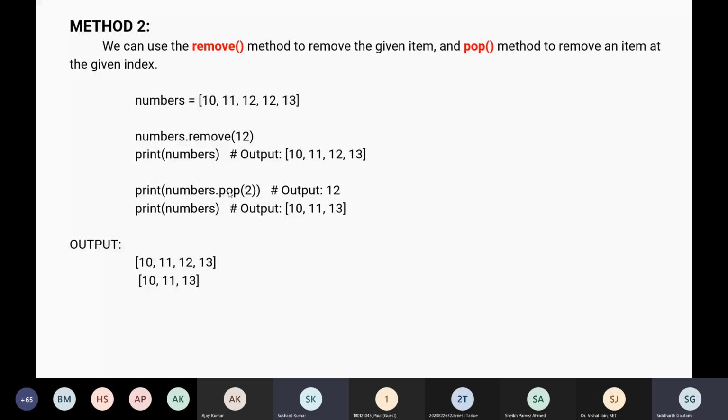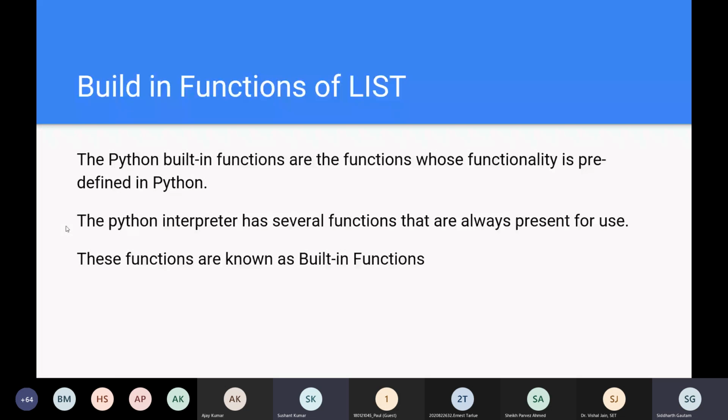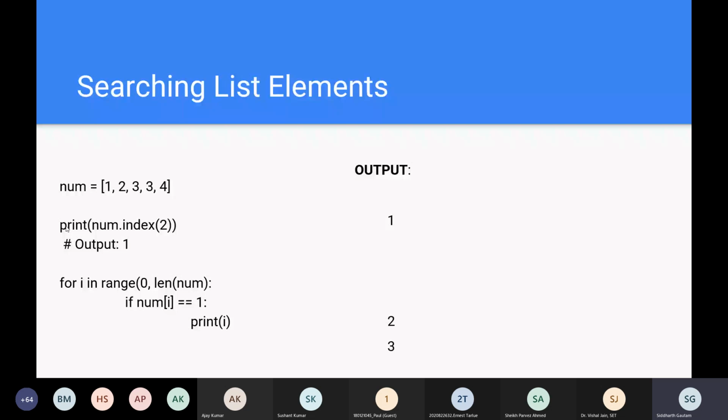So in the remove function, if there are two elements of the same value, like two 2s, and you use remove 2, which 2 will be removed? Let's take a look. Let's type number dot remove 3.